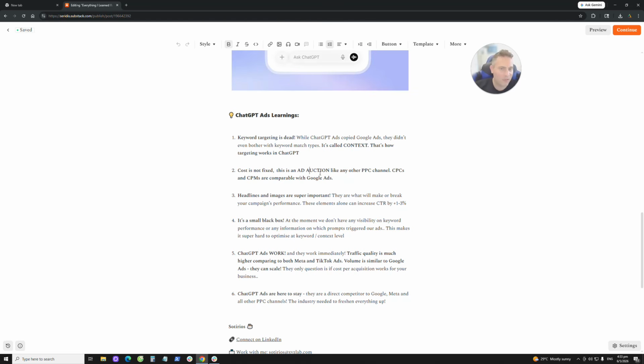Of course, in the very beginning, ChatGPT ads were a lot cheaper than now. The more advertisers get onboarded, the more countries basically they are going to open up, the higher the cost is probably going to become. And in the end, it's going to balance and it's going to be very much comparable with Google Ads. To give you some specifics, the CPM can be anywhere from $20 maybe to $60, or the